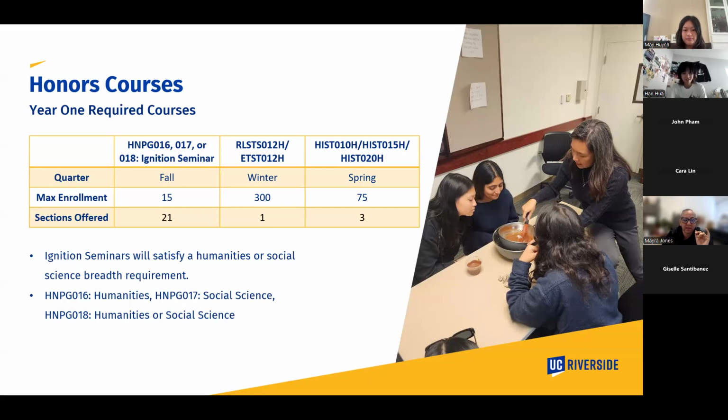So if you haven't gone through all the modules, please do so. They'll provide you with information. And then the individual colleges, depending on what college you belong to, are going to contact you and let you know, here's the Zoom link that you need to access your advising and registration session. But it's going to be in a group setting. So the academic advisors for your specific college will meet with you in a group and give you the lowdown, like we just did, of what you need to take and when, and come up with a course plan. And if you have questions, you'll have the opportunity to ask them, but it's going to be in a group advising setting, not necessarily one-on-one. Okay, thank you so much. You're welcome.